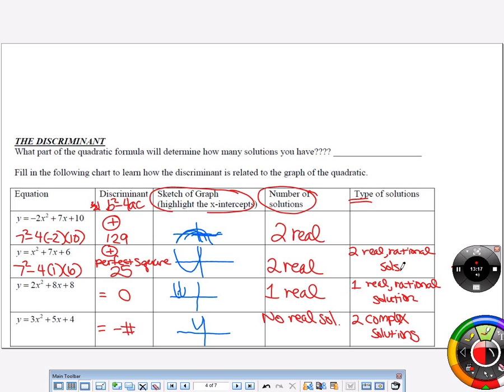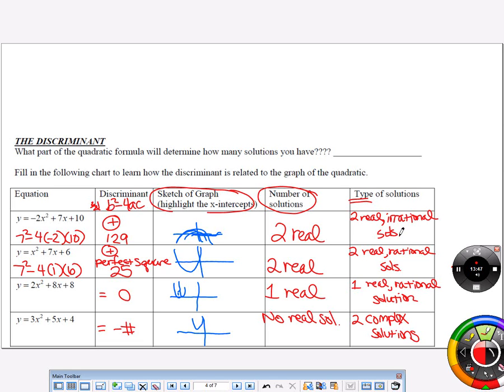Okay? When you have a number underneath the radical that's not a perfect square, even if you can simplify it some, you're still going to have something left under the radical because it's not a perfect square, which is going to make that kind of solution irrational. So the difference here is even though you see it crossed twice, these ones are going to plot at numbers that you could probably plot nicely on the graph when they're rational, and these ones are going to be the ones that would be harder for us to interpret or figure out where they were. We could estimate where they were, but